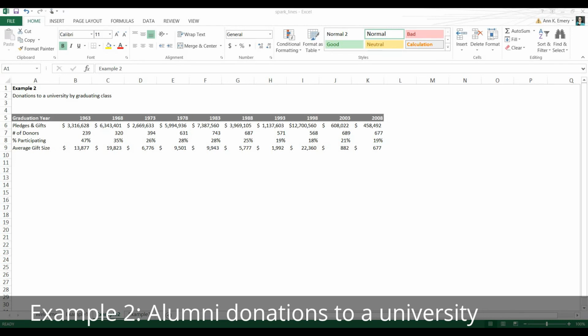Okay, here's the second spark bar and sparkline example. We're looking at donations to a university by graduating class. So we've got pledge and gift amounts, the number of donors, percent of the class members who are participating, and the average gift size for the class of 1963, class of 1968, and so on. For example, we see that recently members of the class of 1963 donated $3.3 million. That was 239 donors giving money, which represented 47% of the graduating class, and there was an average gift size